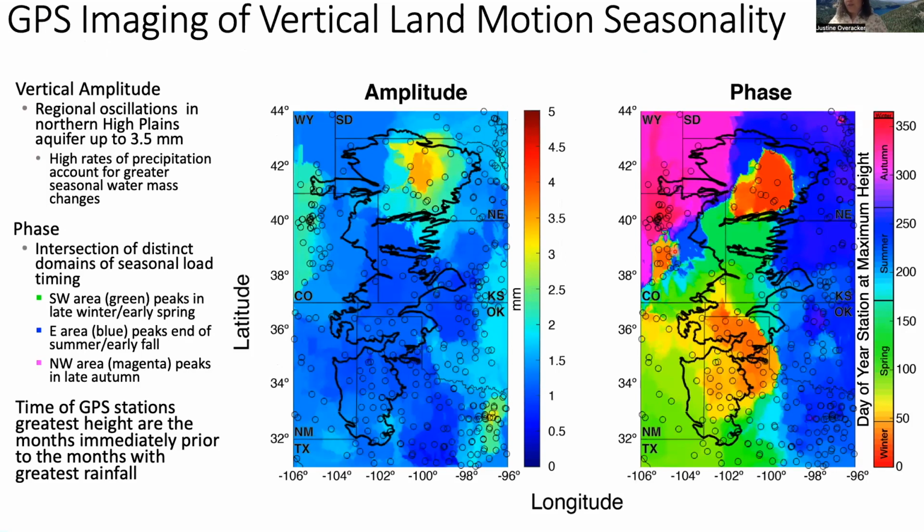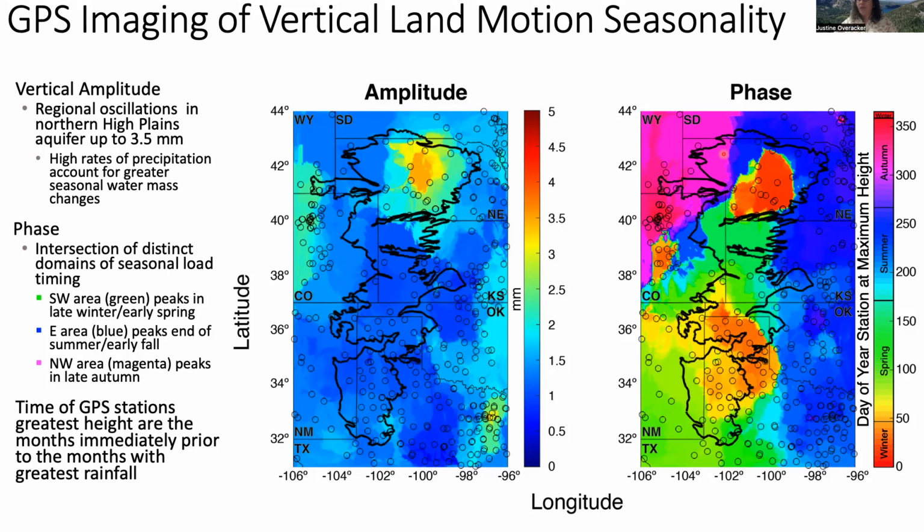So the next question we wanted to answer was whether this uplift could be related to seasonal hydrological signals in the region. And we use GPS imaging to identify amplitude and phase trends in GPS time series. So for the amplitude, there are regional oscillations in the Rocky Mountains, the Dallas-Fort Worth metropolitan area, and notably in the northern High Plains Aquifer, 3.5 millimeters. The peak phase